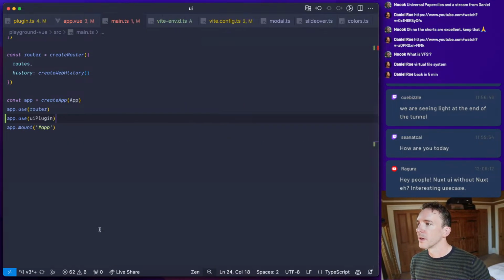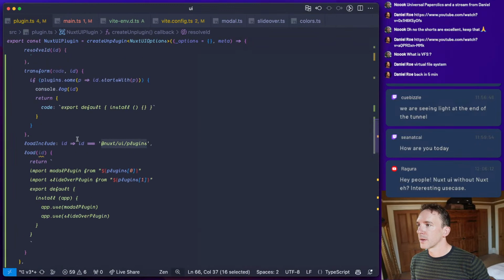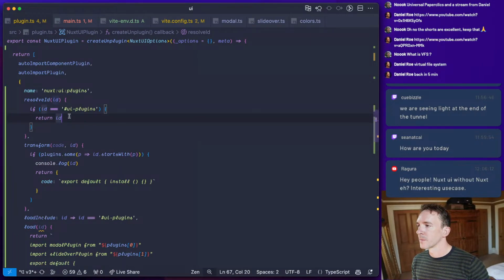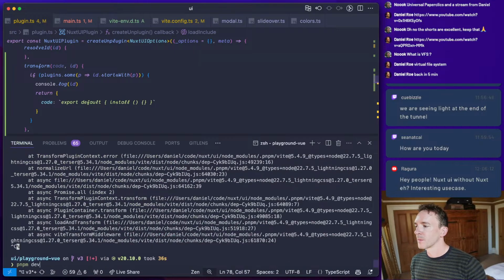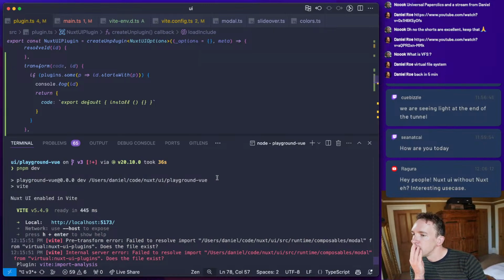It's obviously not working. Next to our plugins. Let's try hash UI plugin. And let's replace that here. Still not working.